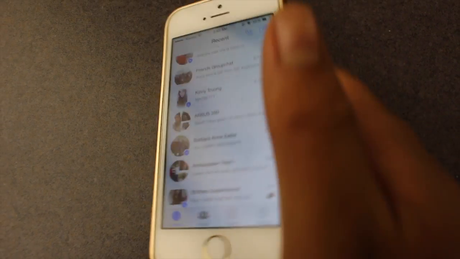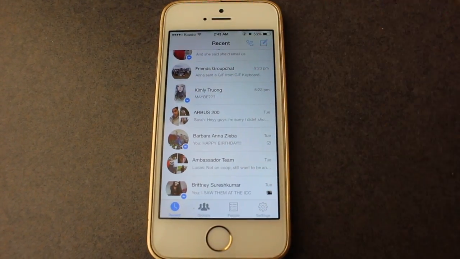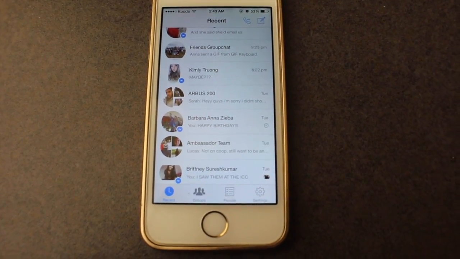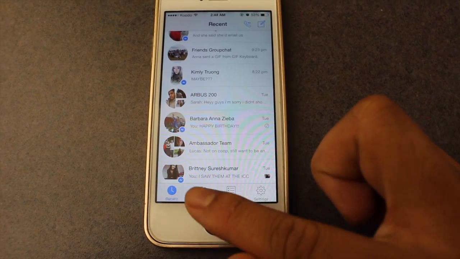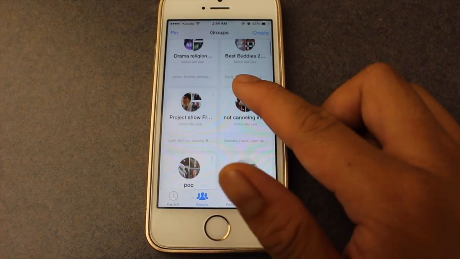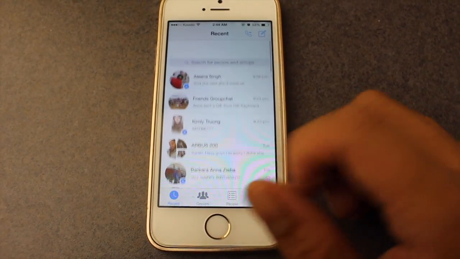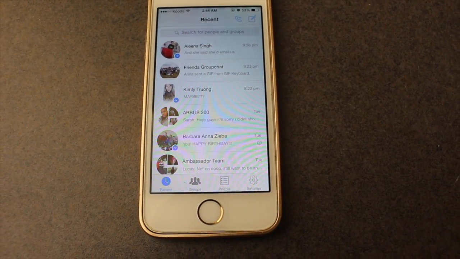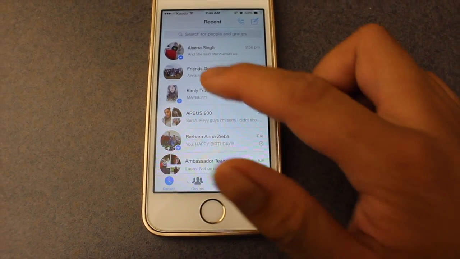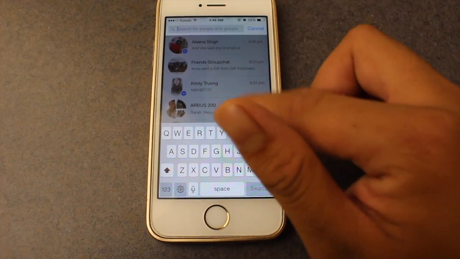Group is also irrelevant. In my 2 years of using this app, I've never pressed this button. It is irrelevant because the only group chats that I want to see are the active ones. If they are active, they would be in my recent chats. There is no reason to see a group that I made back when I was 12. If you want to feel nostalgic, you can always just search it on the search bar.